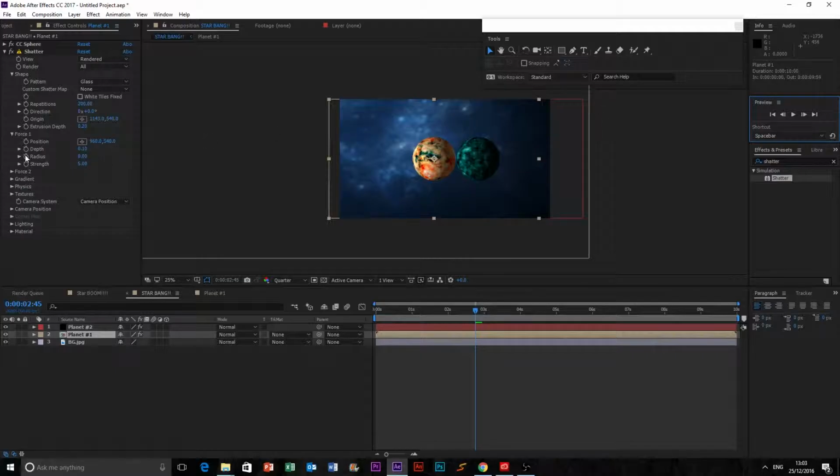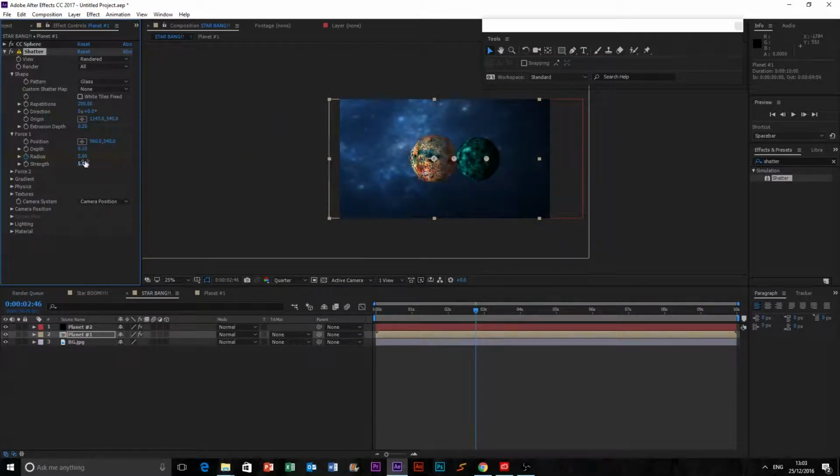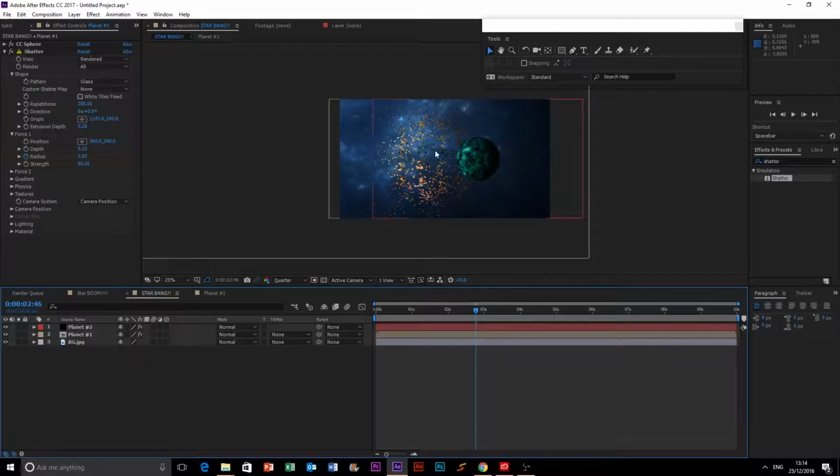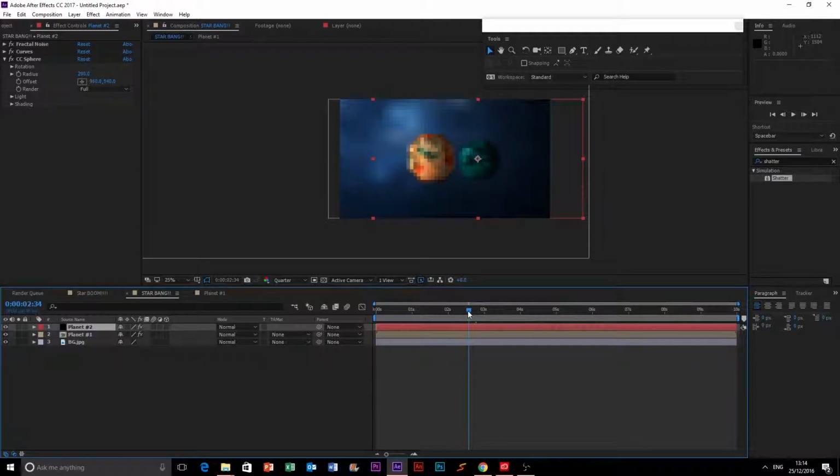Okay, so we're going to keyframe the radius, then we're going to move it to the next frame and ramp it up as much as we can, and also the strength wants to be a lot higher. Okay, so we've got our shatter on the first planet sorted,